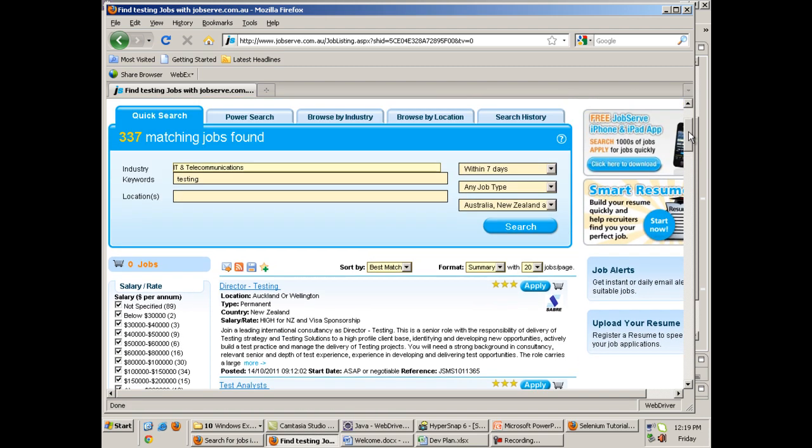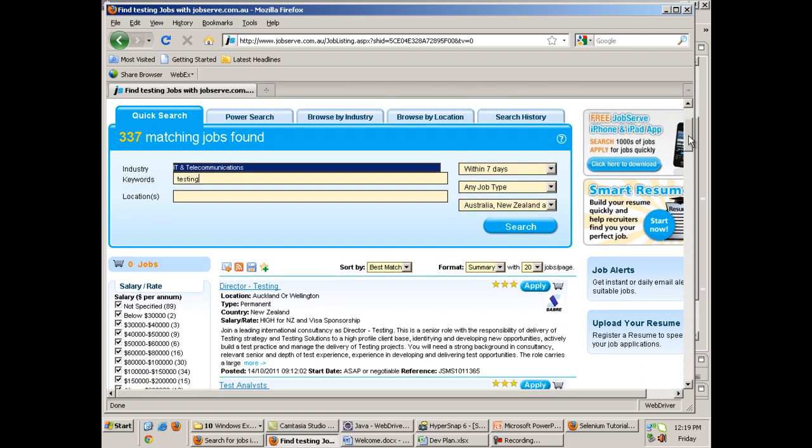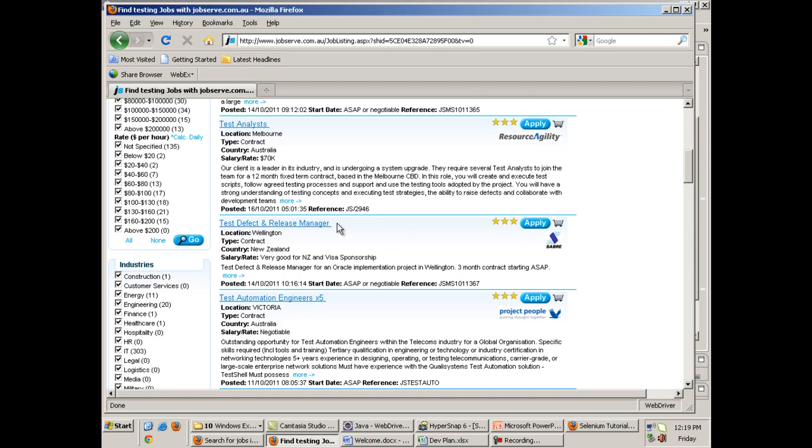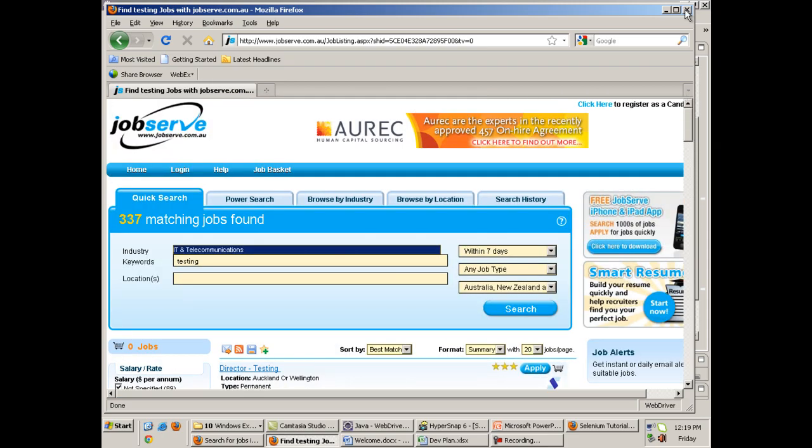These two exercises: first one, select on the basis of the wordings, not the index, and second, select the jobs with manager and add them to the basket. So there are various jobs listed on this page. Alright then.